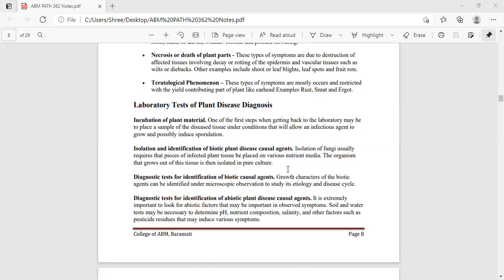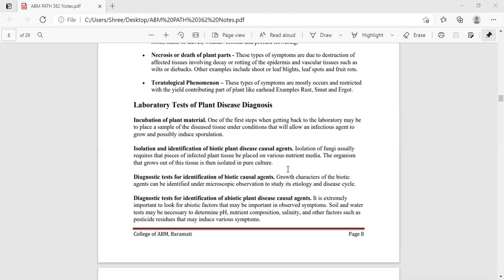So what you have to do after growth in the incubator, you have to take small bits or pieces of the infected tissues of the plant parts, and then transfer them over the sterilized media in the sterilized petri dish, and allow it to grow for 2 or 3 days. Then you can find growth of the fungal and the bacterial colonies over that particular media, and it can be isolated as a pure culture for further studies.